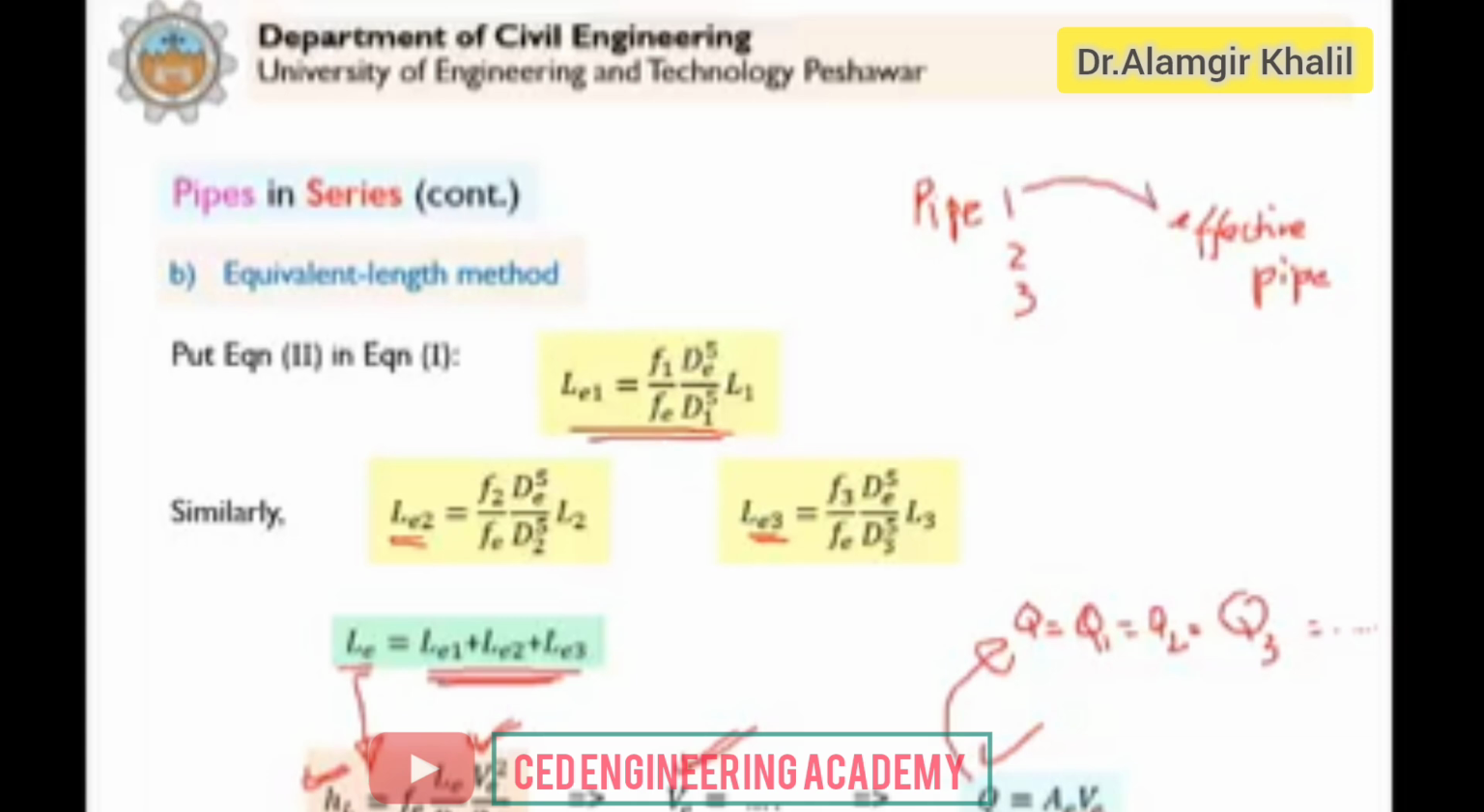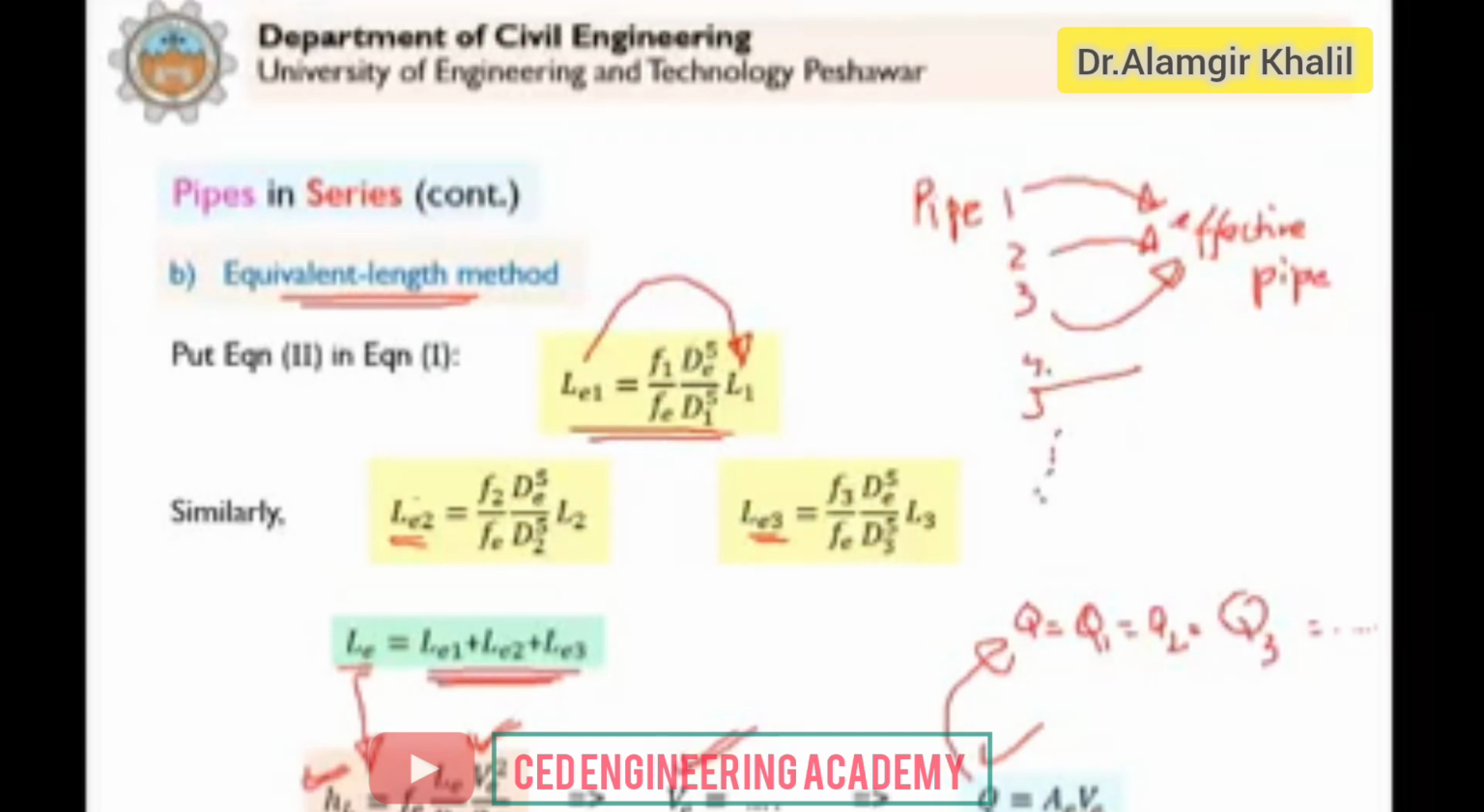Clear? Either you can select pipe 1 to be effective, then in that case your LE1 must be the same as L1, and then you have to calculate LE2 in terms of L1, and similarly LE3 in terms of L1. You can select pipe 2 to be the effective pipe, then we have to express 1 and 3 in terms of that. Or you can select pipe 3 to be the effective pipe, then you have to express 1 and 2 in terms of 3. So when we apply the equivalent length method, for example with 3 pipes or even 4 pipes or 5 pipes,